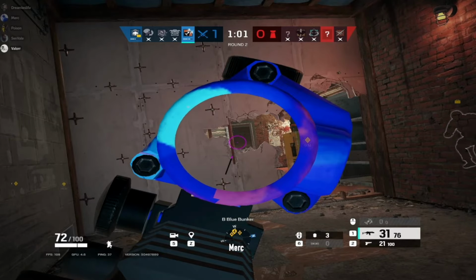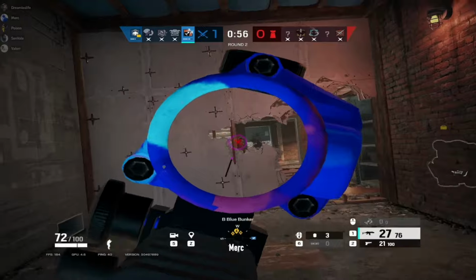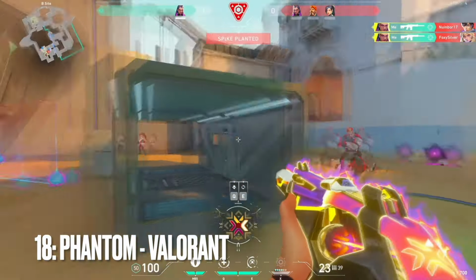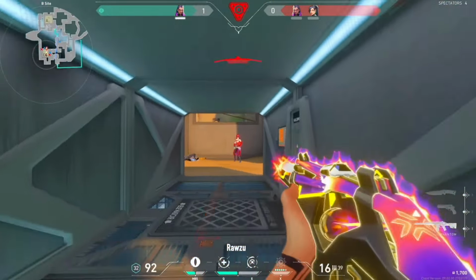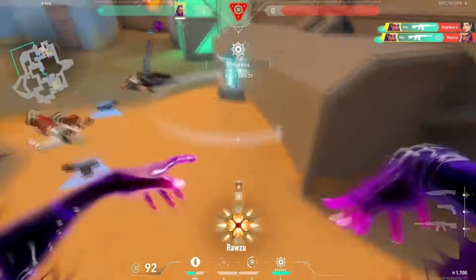At number 18, we're going across all kinds of different games. This is fun to me. The Phantom in Valorant. Now, the Phantom is kind of a love it or hate it weapon in Valorant because it doesn't have amazing insta-kill potential like some other weapons in the game, but it does have a pretty quick fire rate and a really big magazine, and it has that built-in suppressor to make you harder to detect while